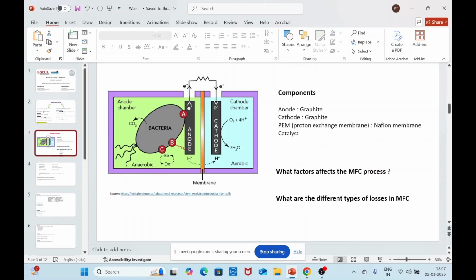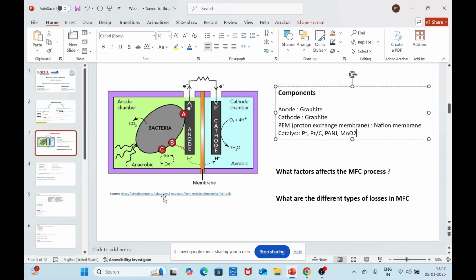So this is about the membrane. Catalyst, again, depends upon the process it is used. The most commonly used, or commercialized, catalyst is platinum or platinum supported on a carbon substrate. So you have a carbon substrate and you deposit platinum on top of that. Apart from that, polyaniline, which is also a polymer, can be used as a catalyst. Manganese dioxide, MnO2, is also used as a catalyst in this process.